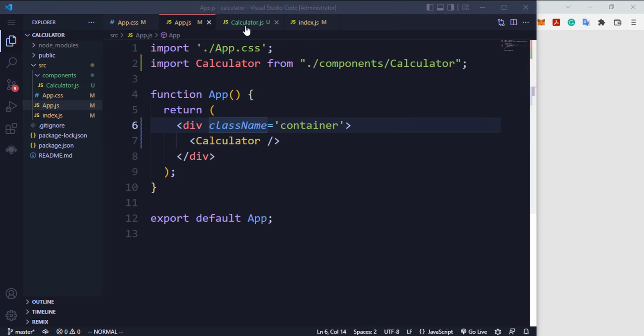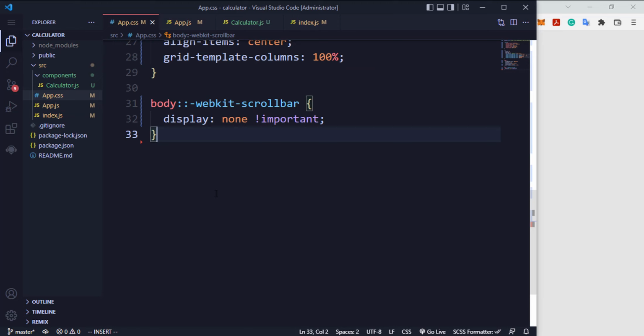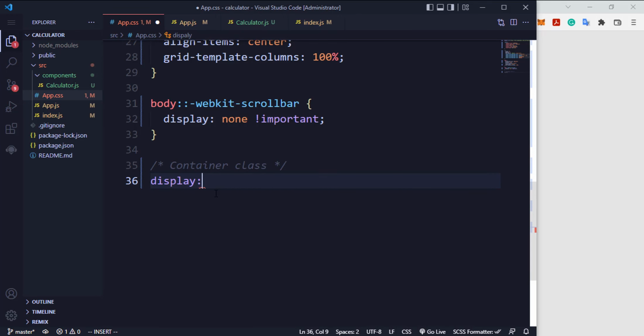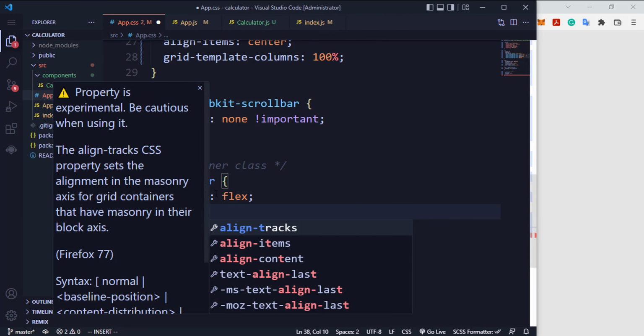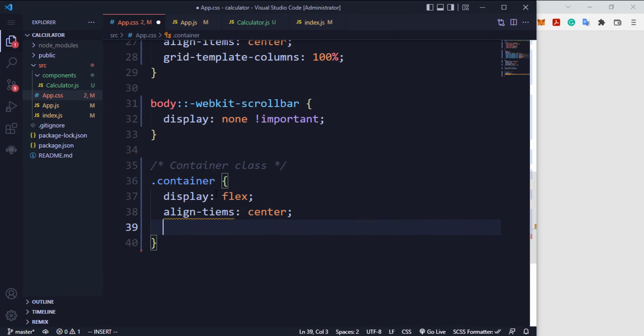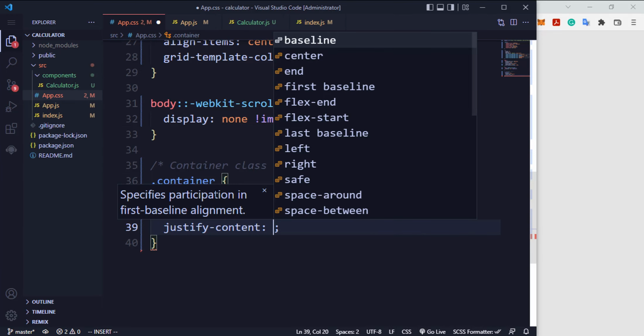Let's start by styling the container. So right here we have the container class, and we're going to display everything as flex. Oh, sorry guys, you also have to make sure you target that container class. So we have display flex. I'm just used to using auto recommendation, that's why I make a lot of mistakes. So we have to align the items to center, another mistake, which is really bad for me. And then we also want to justify the content to the center,